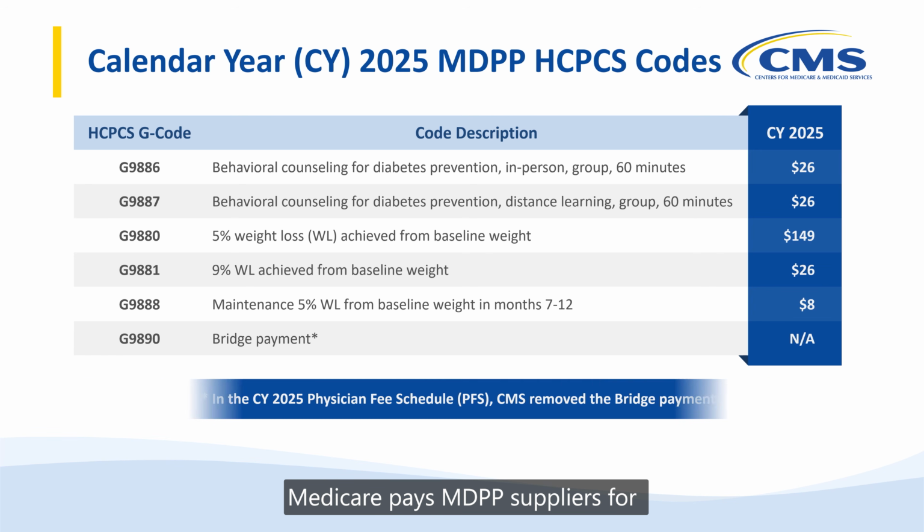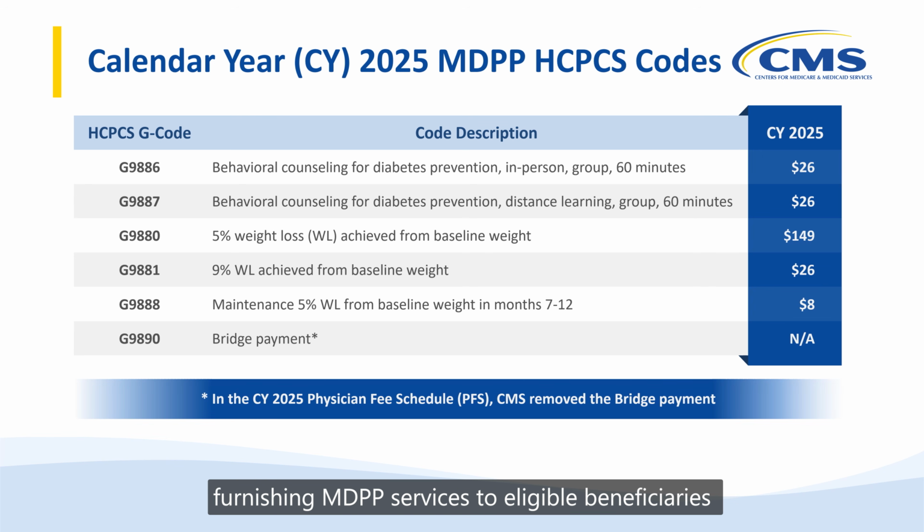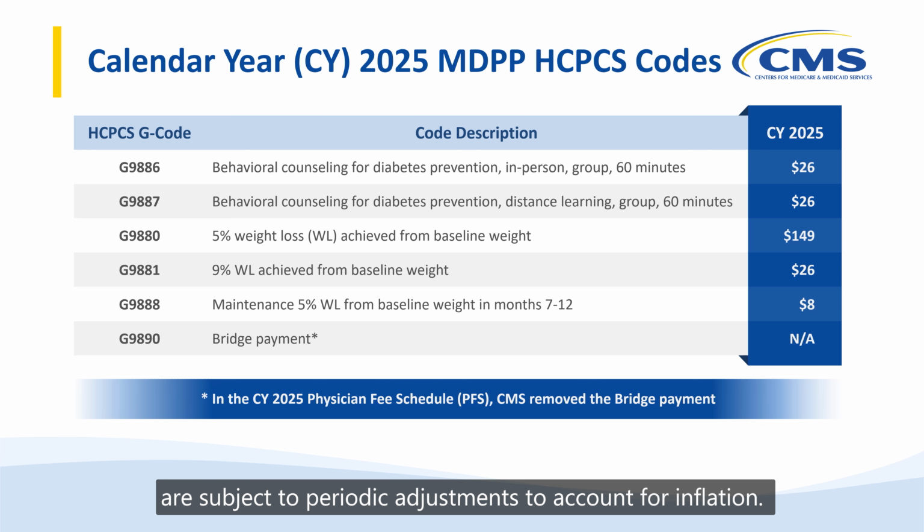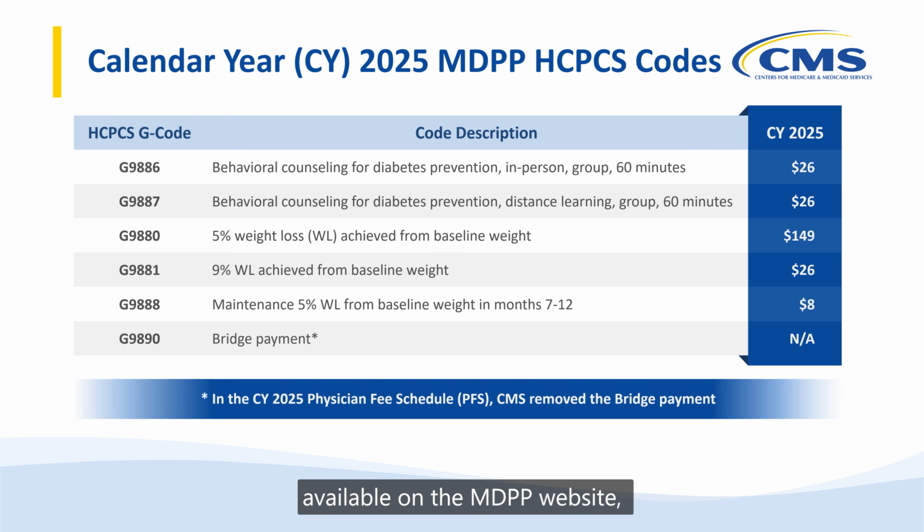Medicare pays MDPP suppliers for furnishing MDPP services to eligible beneficiaries using a fee-for-service structure, which includes performance payments. MDPP suppliers can claim 2 service types: beneficiary attendance at an MDPP session and beneficiary weight loss achievement. Please be aware that MDPP HCPCS codes may be updated through future rulemaking. Additionally, payment rates associated with these codes are subject to periodic adjustments to account for inflation. We recommend regularly checking for any updates to guidance available on the MDPP website for the current MDPP HCPCS codes